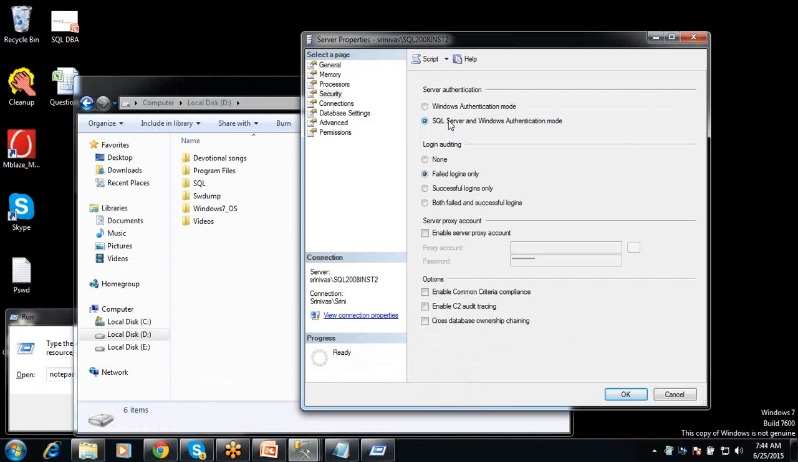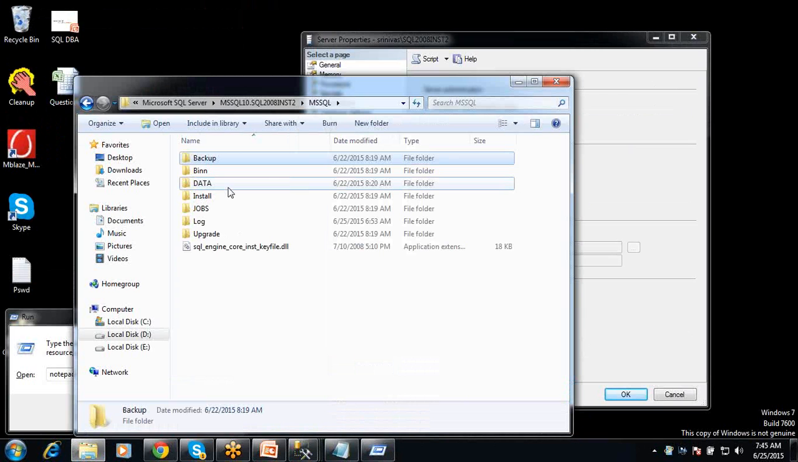Also the root directory we have selected at the time of installation. The directory for this installation we have given as